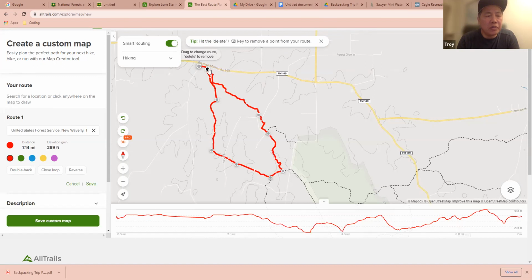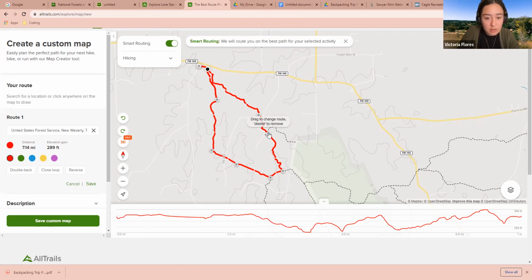And that right there, you can see it's 7.4 miles. Let's say you only wanted to hike 4 or 5 miles, you could just do that distance, 5 miles. And then Victoria, you could show her how to change colors for her second day. Okay, I guess we can backtrack a little bit. If we were to only do 5 miles, let's delete some of those points and end it at, so if you drag along that bottom bar there, let's see.